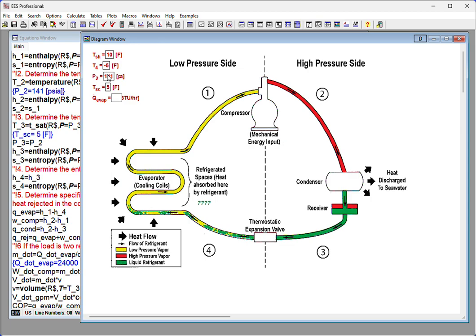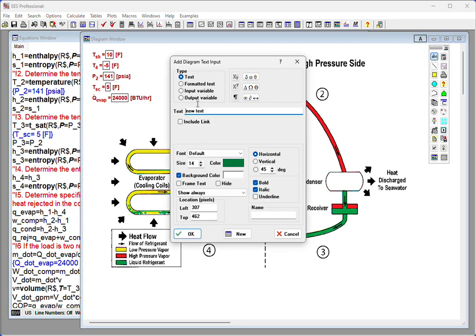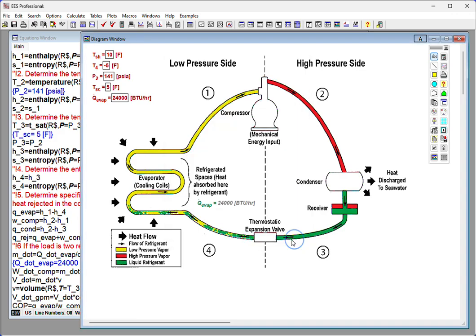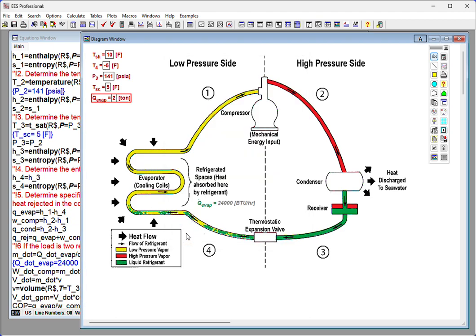And this was, we want this to be tons, but it says BTUs per hour right now, so I have to change it to the alternate units so we can put in tons. So if we go to, cancel that, I want to edit this, show units, show alternate units, okay, 2 tons,